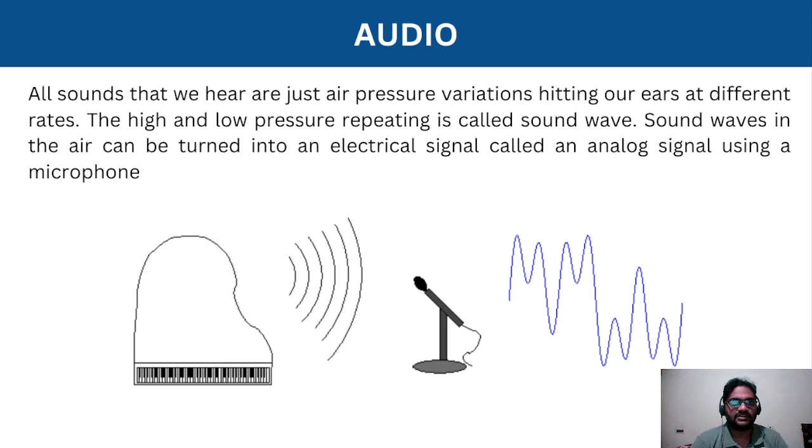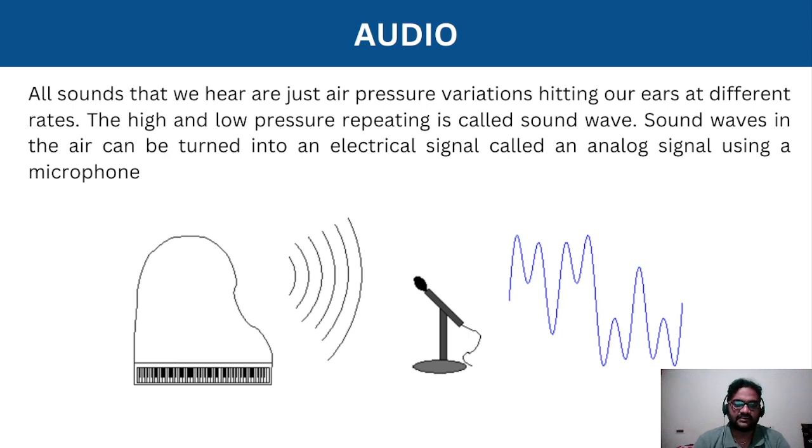Okay, so a sound wave is nothing but, when you speak anything, different variations in air pressure hitting across our ears with high pressure and low pressure. Usually these pressures, or these sound waves in general, will be captured by a microphone, or a mic, and it will convert that into an electrical signal, called an analog signal, using a sine